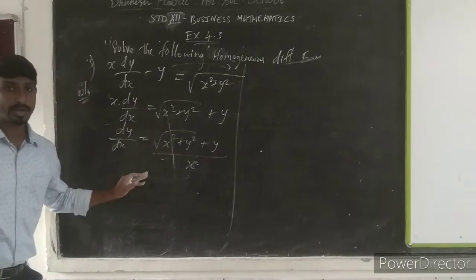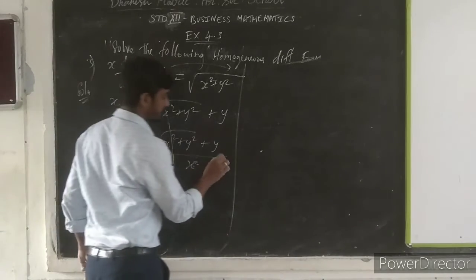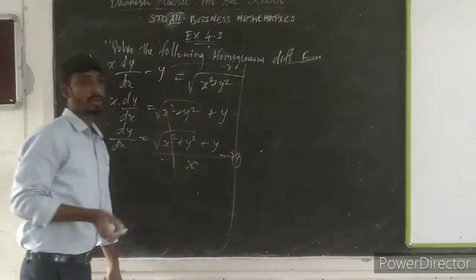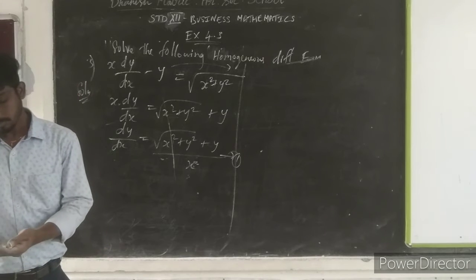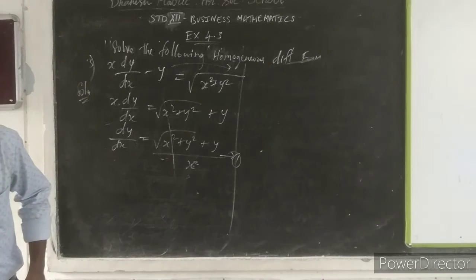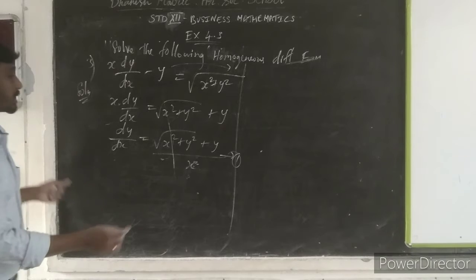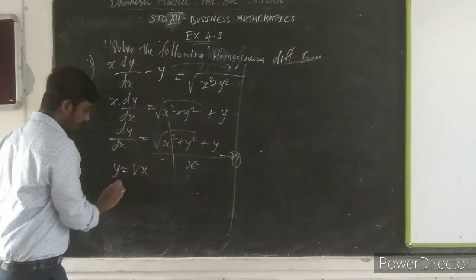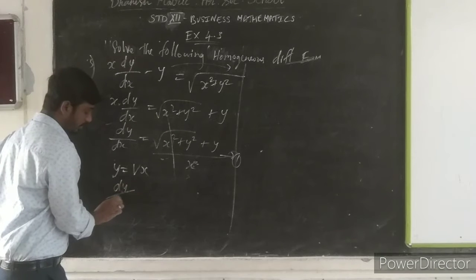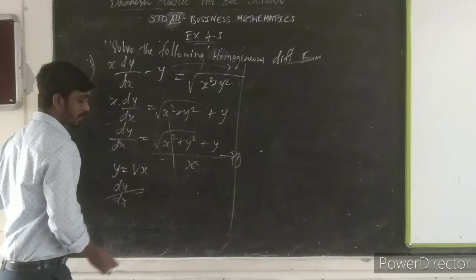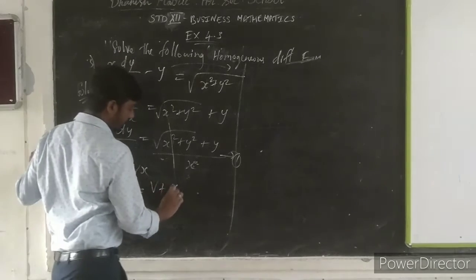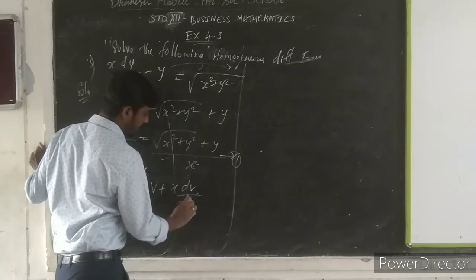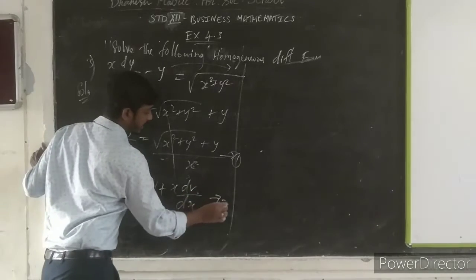So here itself we have found the first equation. This one is the first one. Now we are going to find the solving method, that will be y is equal to vx. Now align this one. Y is equal to vx. Differentiation of y is equal to vx will be dy divided by dx equal to v plus x dv divided by dx. This one is the second equation.